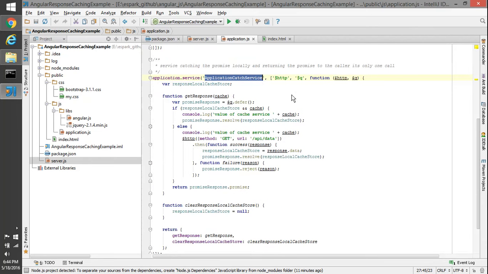In the application cache service we are injecting $http and $q, and we have a function inside that. That function can get the response. Basically it takes a boolean value, and based on that boolean value, it's gonna make a call. So if this value is true as well as the local response cache is not null, we're gonna resolve the promise from the local response cache store. Or if it is false, it's gonna make a get request to this URL, and then